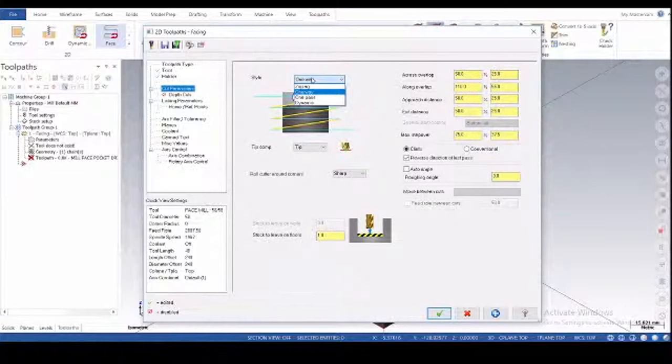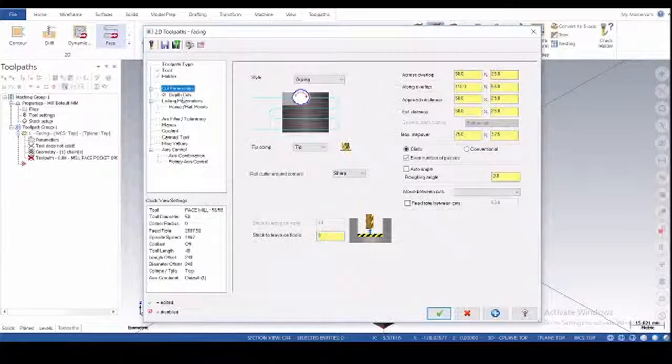And coming to the next parameters, in cutting parameters you will get the styles that I told you about in the PPT, that there are 4 types of style like zigzag, one-way, single pass, dynamic. Okay, basically the most preferred style is zigzag, and here you will get the across overlap, along overlap, approach distance, exit distance. Okay, and step over also. After that you can see climb and conventional, like up milling and down milling. And after that, if you want stock to leave on floors, then you can give that value or 0.